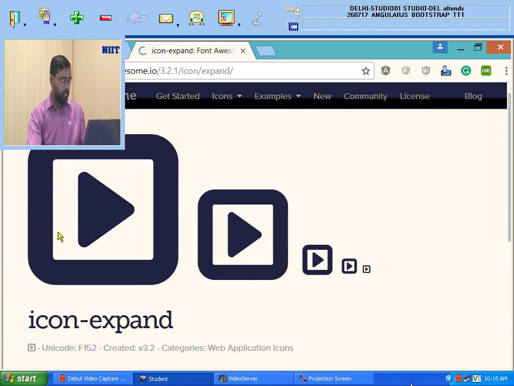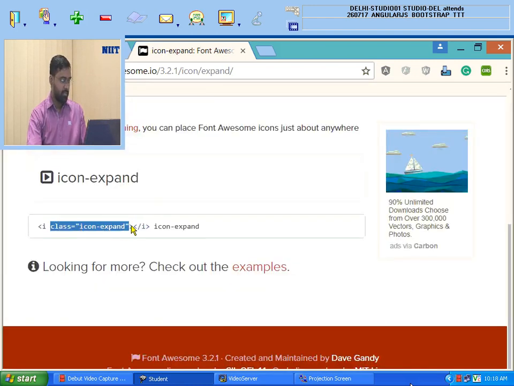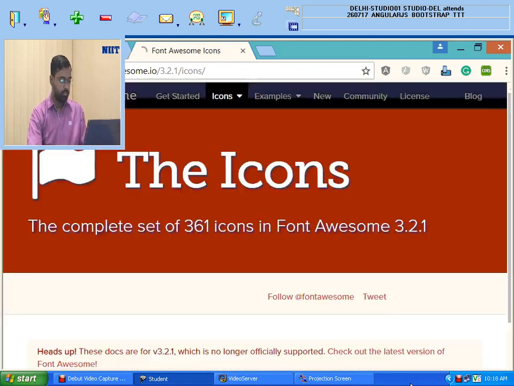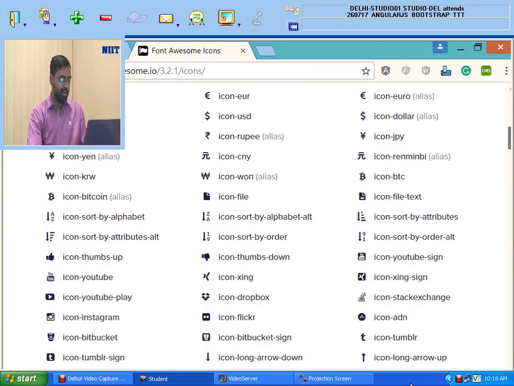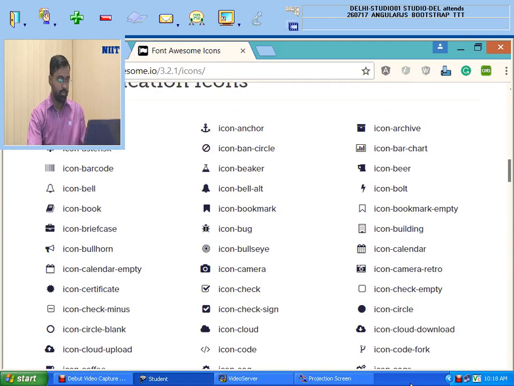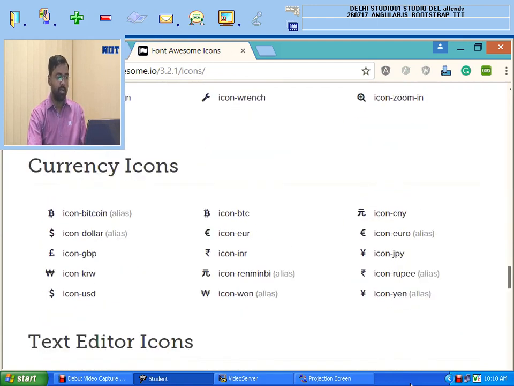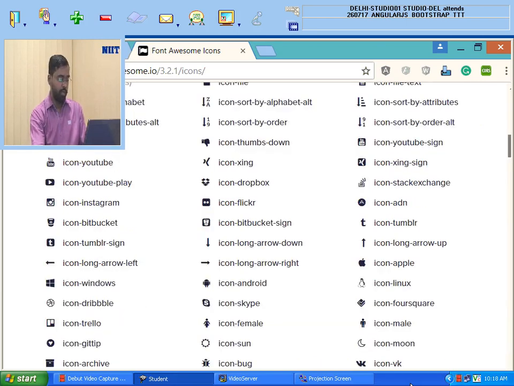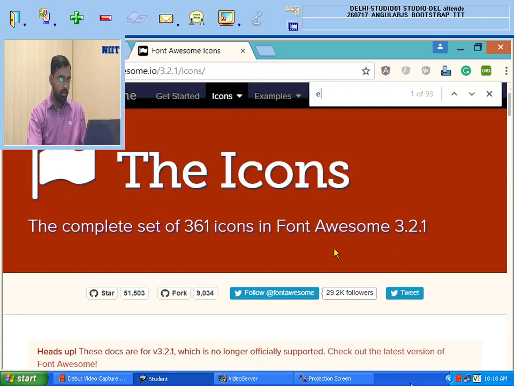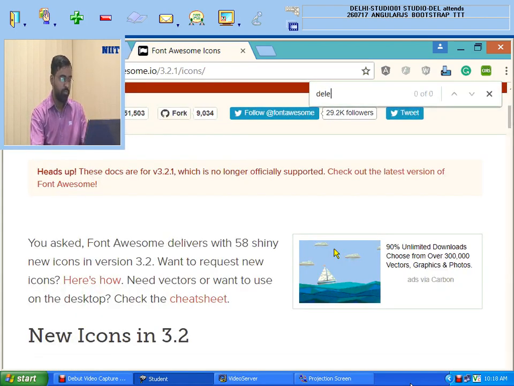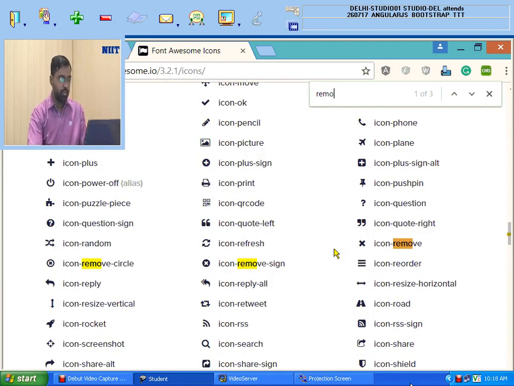Okay, so this is the class we are using now. There are a lot of icons out there, as you can see, thousands of icons you can find over there. So what we are going to do is find, let's say, edit, or maybe delete, or maybe remove is there. So remove icons are there, and you can see we have a lot of remove icons which I